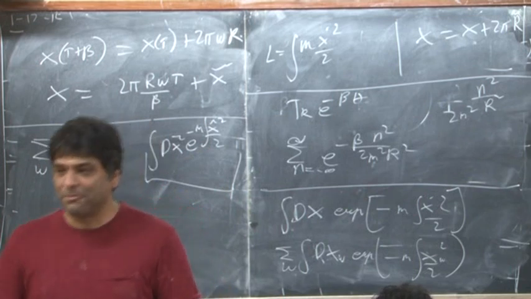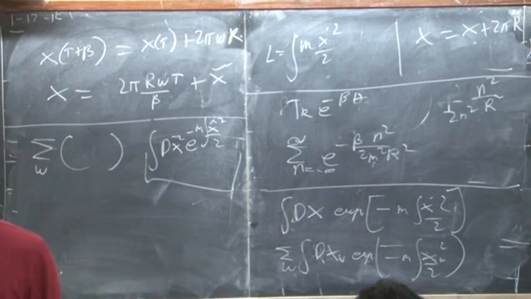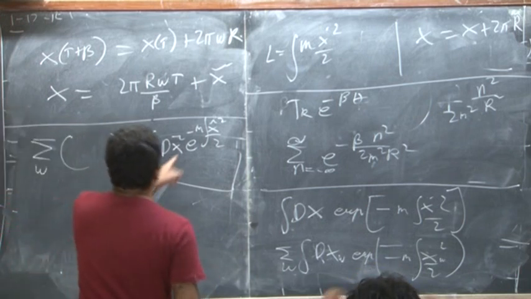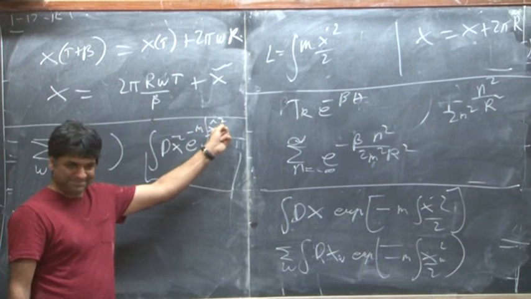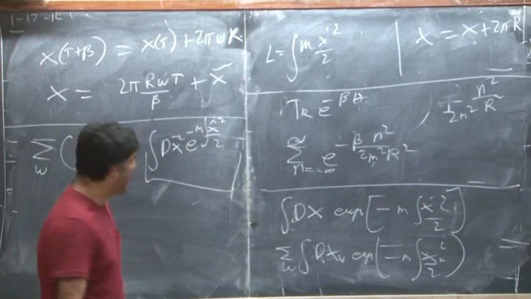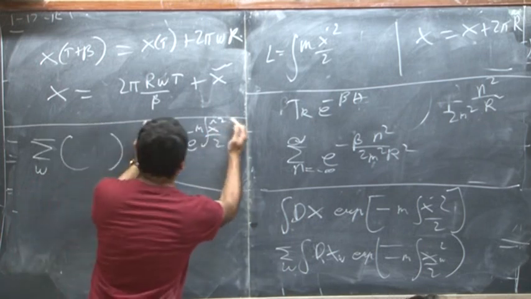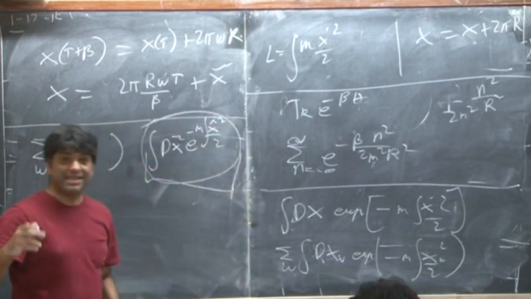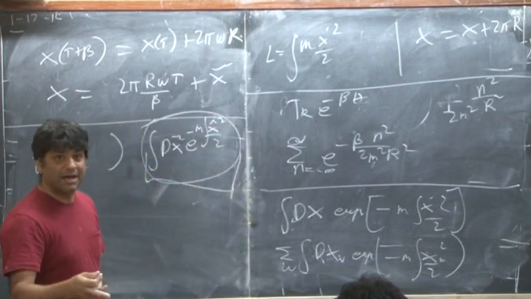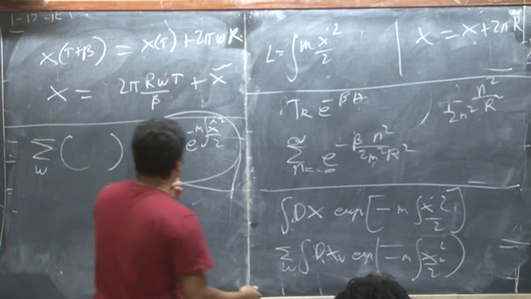Because this was the ordinary zero mode integral, the uncompactified string. And we use some tricks to evaluate what this was. Okay? And so that thing is just going to keep. That was the same thing. That was the thing that gave us